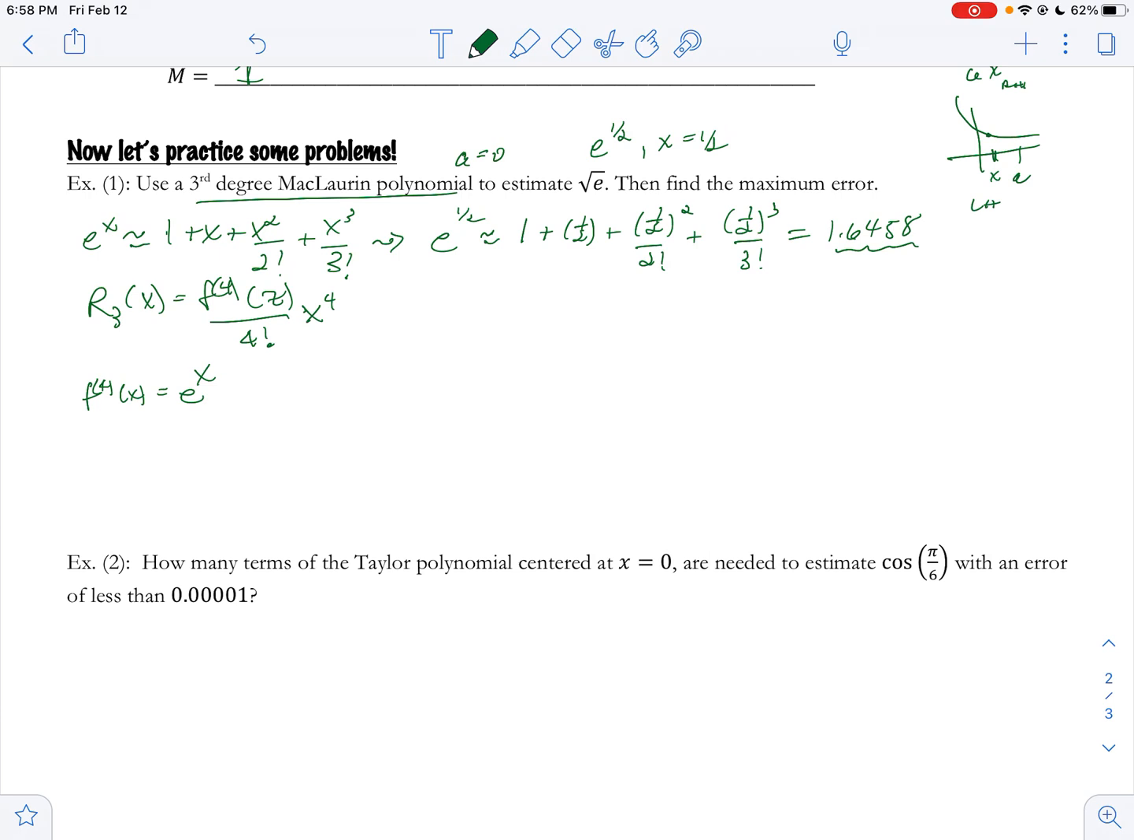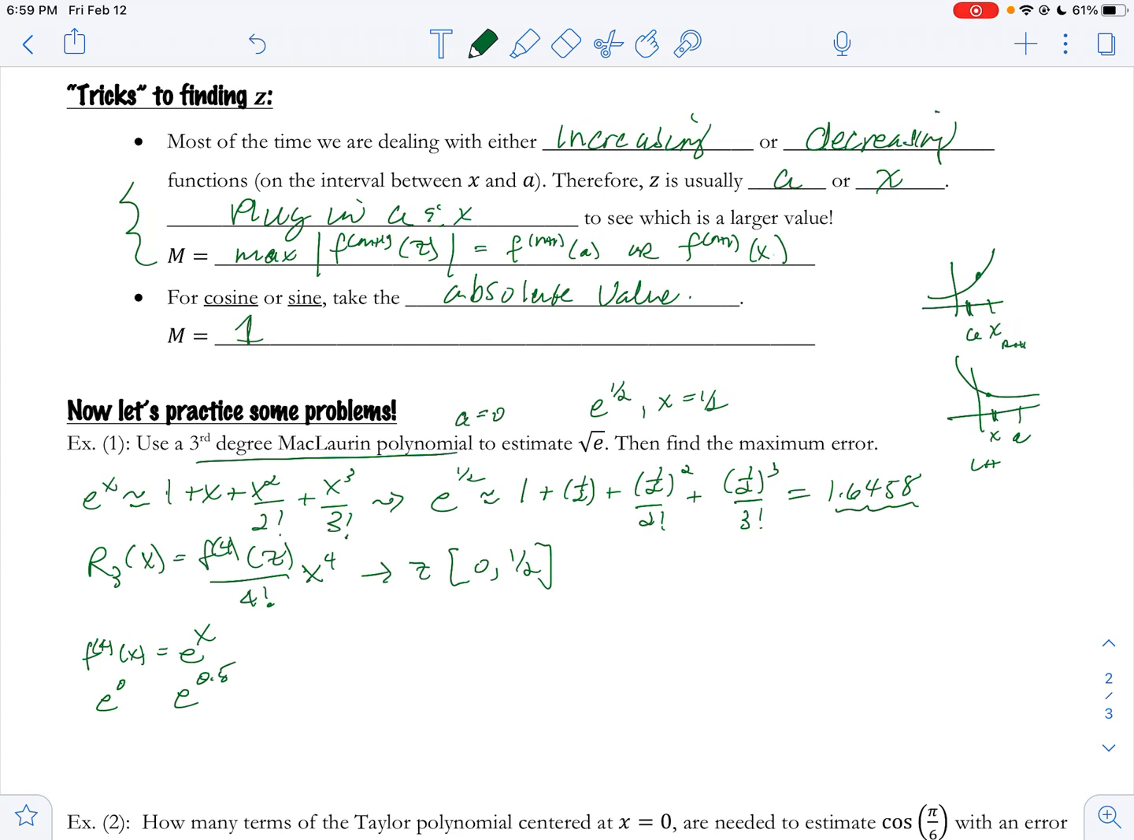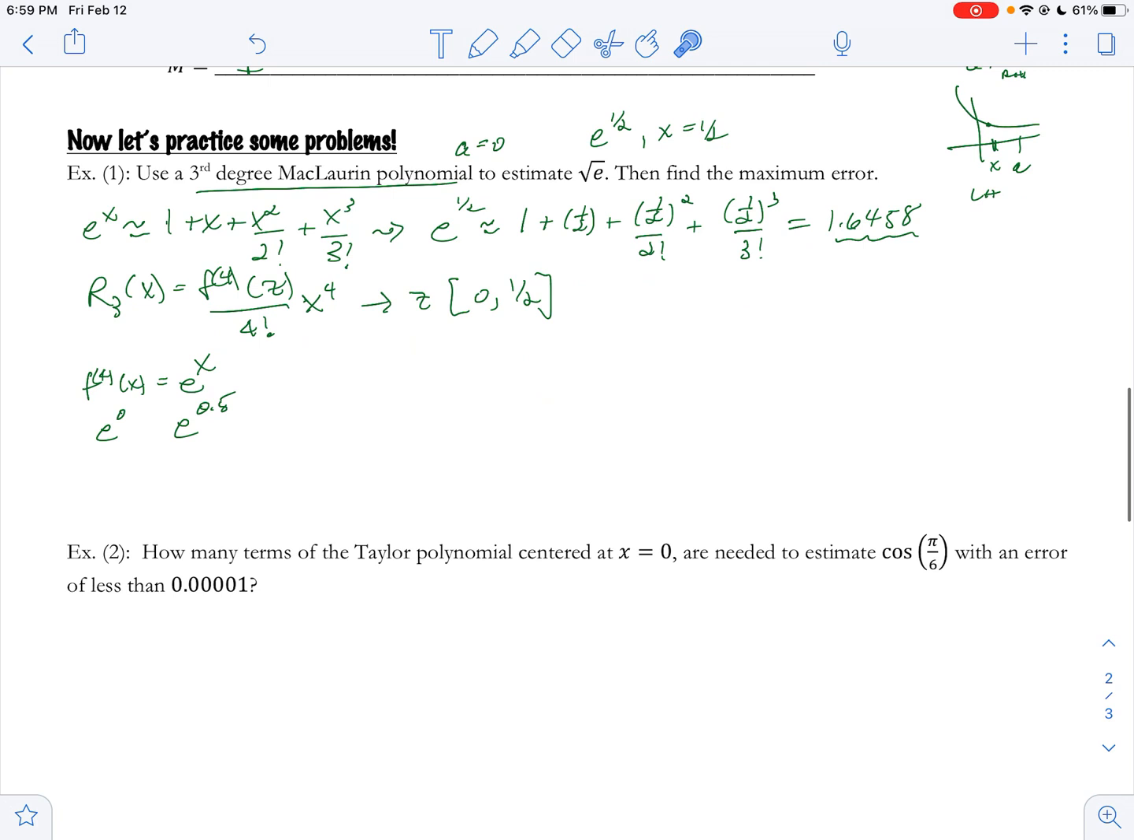So then the question is, is e to the 0 or e to the 0.5 larger? Because we're in the interval for z. Our a is 0 and our x is a half. And so that's the interval we're in. So z is going to be either 0 or a half. And we actually have kind of a picture of the exponential function up here. You'll notice that it's an increasing function, and so we're going to want to take the right-handed point